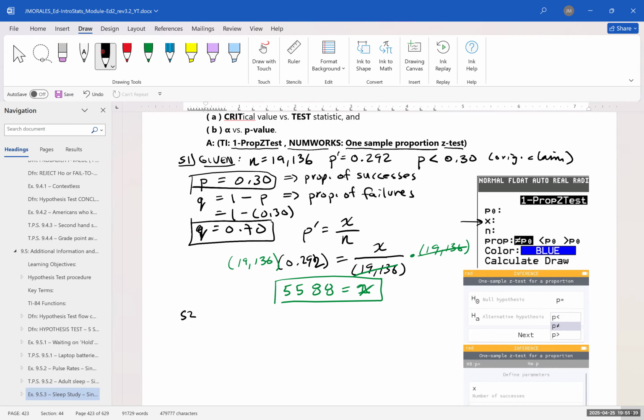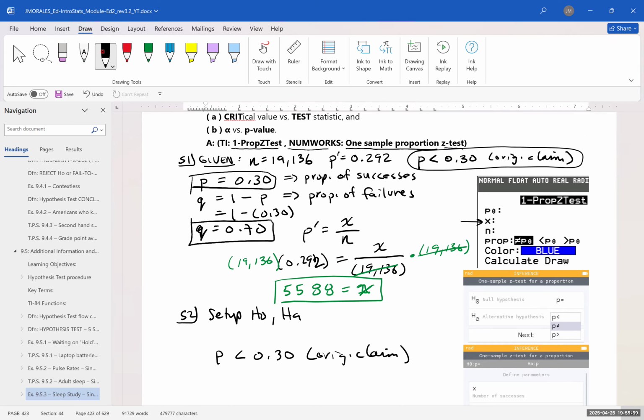And let's move on to step 2, which is to set up our null and alternate hypotheses. So the original claim was this. So we've got p less than 0.3. That is our original claim. And the complement of that is going to be greater than or equal to. And so because it says equal to, that's going to be our null. So the other one has to be our alternate. And the alternate tells us what kind of distribution we're talking about. So this looks like an arrow pointed to the left. So we're going to be dealing with a left-tailed